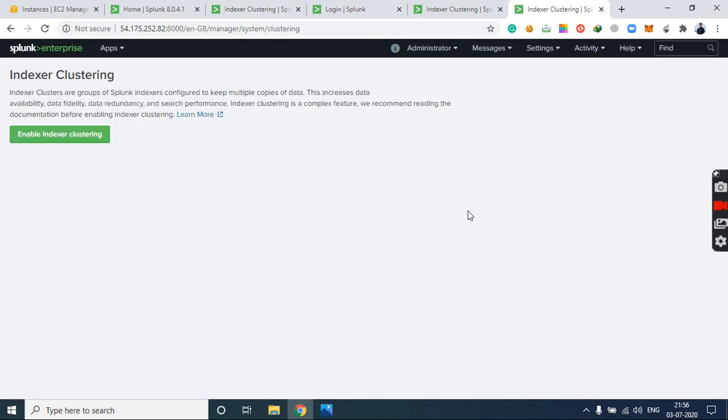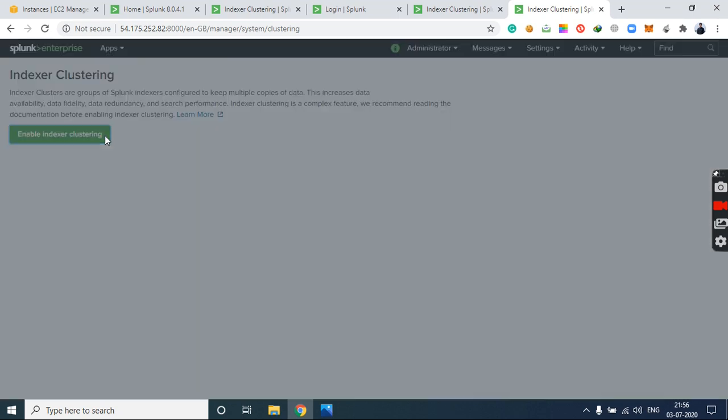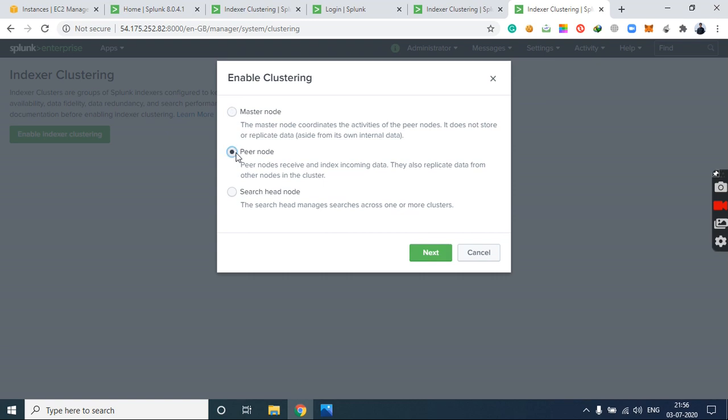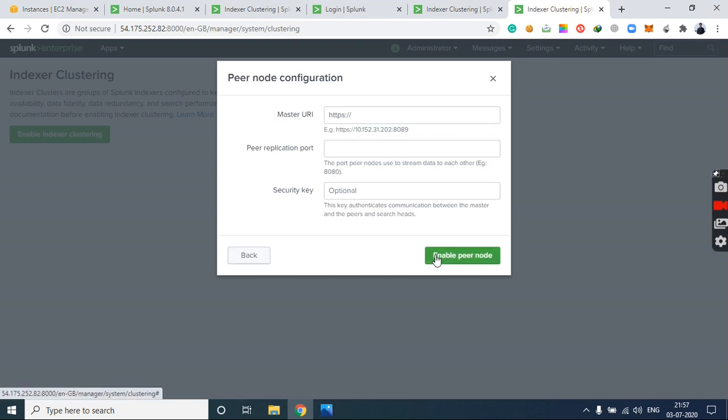And yeah, one more thing. I am showing you the way for enabling the clustering with the help of the GUI. But remember that you can also do it with the help of the CLI. I will be adding the steps of adding the peer node into the cluster with the help of CLI in the description along with the steps. Want to try that, you can also try that, but it is easy to add with the help of GUI, so I am showing you that.